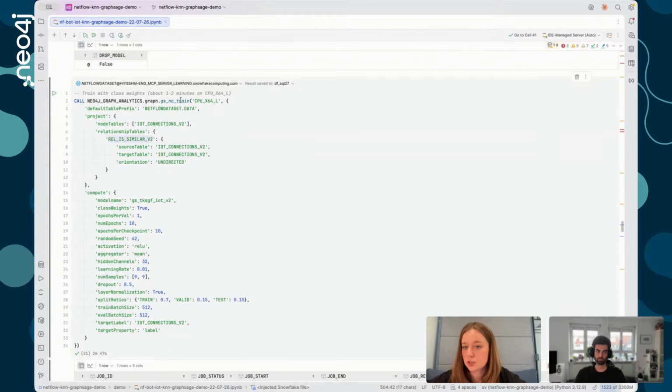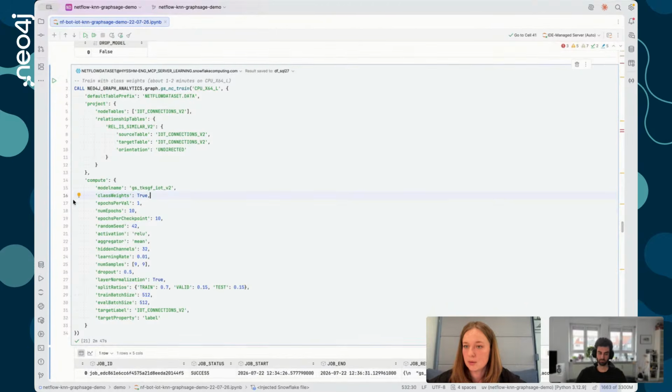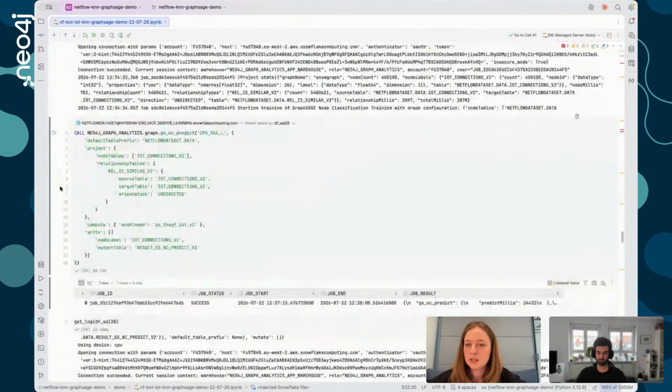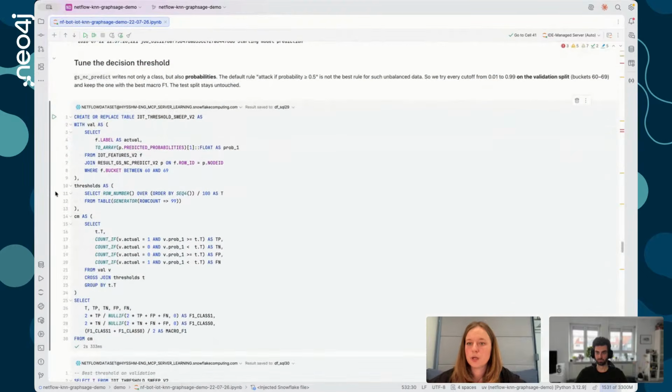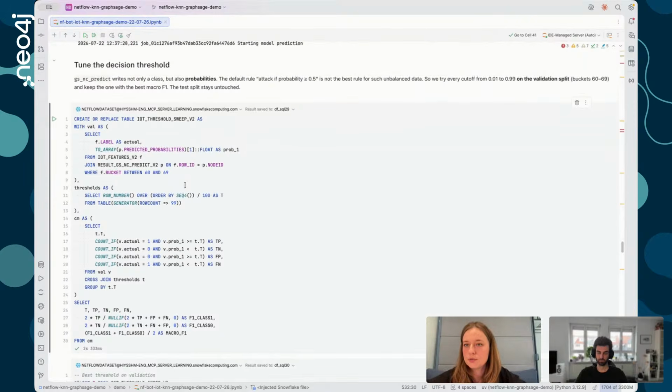We've got GraphSAGE node classification trained for that. We use class weights true because we have unbalanced data. Here we've got a prediction, and in the end we also have a procedure of tuning the threshold, where we decide if the value of predicted probability can be treated as a benign or a bad